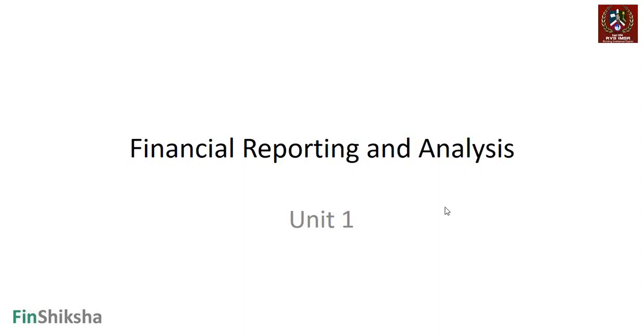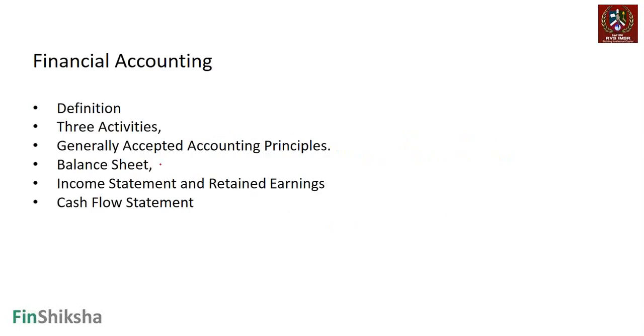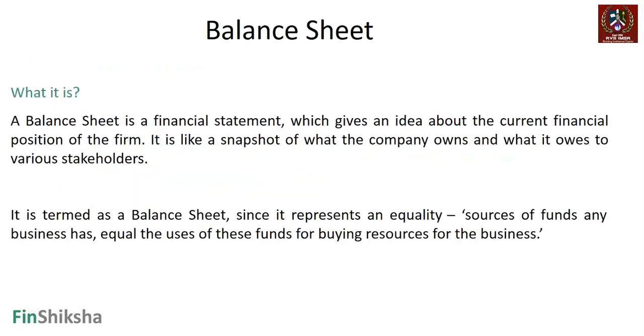We now move ahead in our discussion to individual and specific financial statements. And this is now going to form the crux of our understanding of financial accounting and financial statements, right? So let's first understand the first financial statement that is important for us, and that's where we're going to look at the balance sheet as a statement, right? Subsequently, we'll look at the income statement and retained earnings, and then we'll go to the cash flow statement separately around it. What do we mean by the balance sheet?